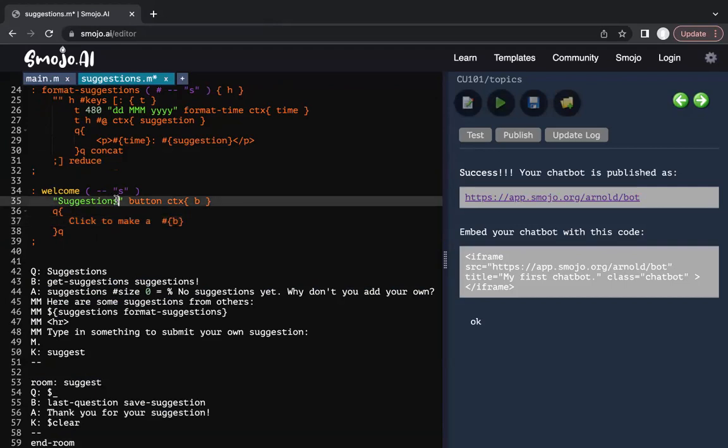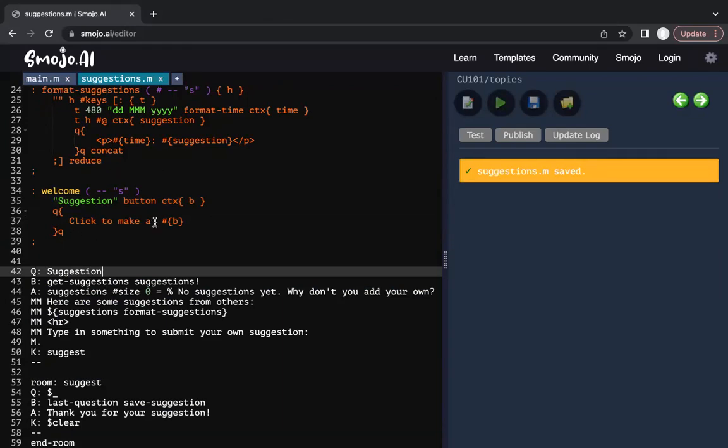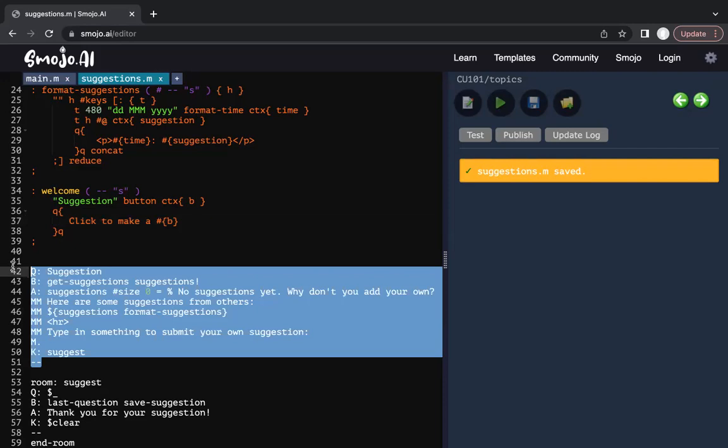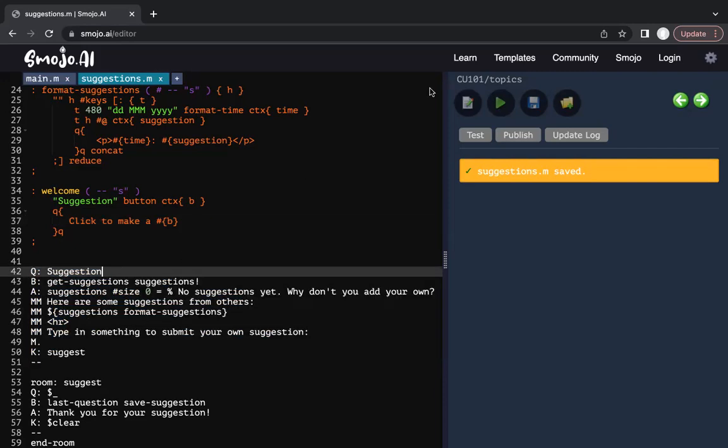All right, and change from suggestion to suggestion. Yes, singular. Okay, click to make a suggestion, right? So it matches. And this will display some text with a button, okay? And the first rule is going to just respond. It's a literal match that I've not used any types of things here. So it's very simple, just to illustrate the point, right? So this system is going to respond to one word called suggestion, in which it will